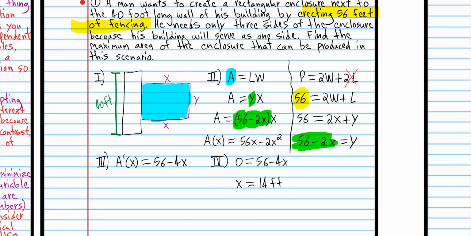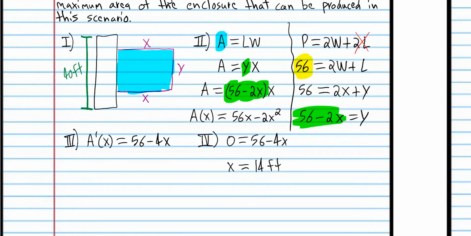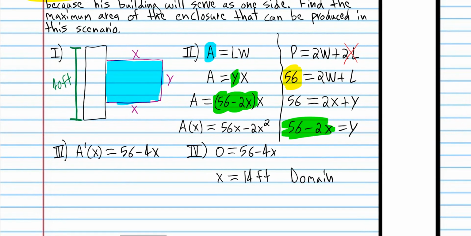The second thing that students often don't do is they don't consider the domain of the function. This purple area function actually has restrictions on it. There are certain x values that cannot exist. So what is the domain? We're definitely going to look at that because that really matters. We want to make sure that this 14 is actually in the domain. If it's not in the domain, then we're in big trouble. So what is the